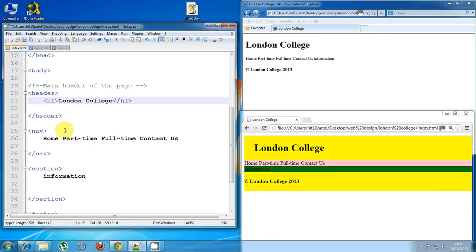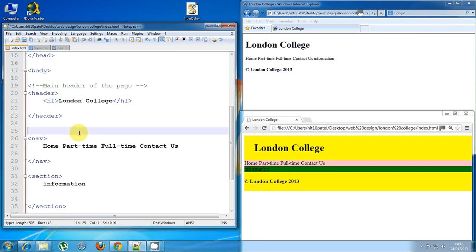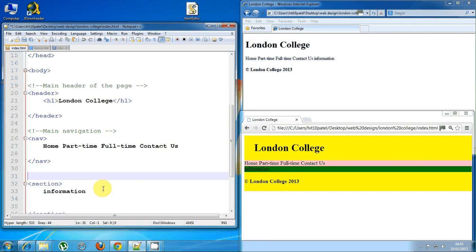Okay, and again I'm going to go into navigation, paste the code in there, and this one is going to be my main navigation. Okay, because it depends how you want to do it. If you want to have a menu button on the side here, then this one will be main, and there'll be another one called subnav. So this one's going to be main navigation, and then paste it here,